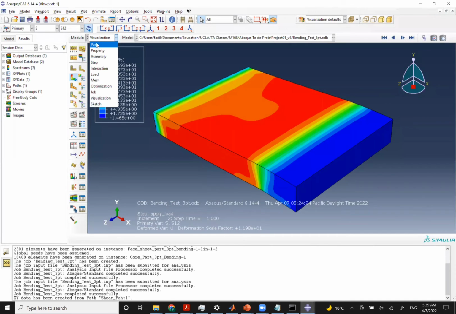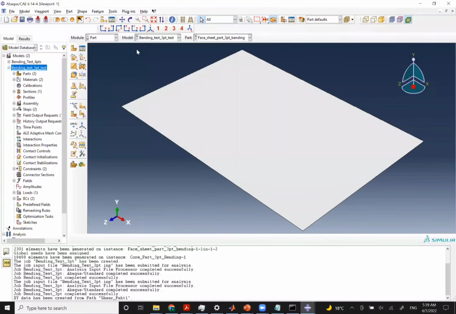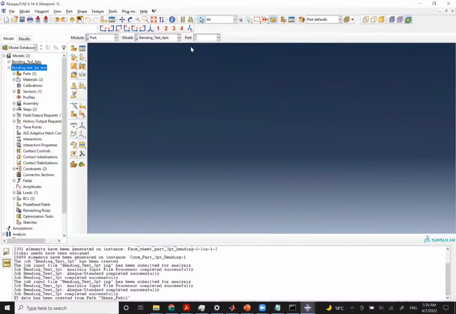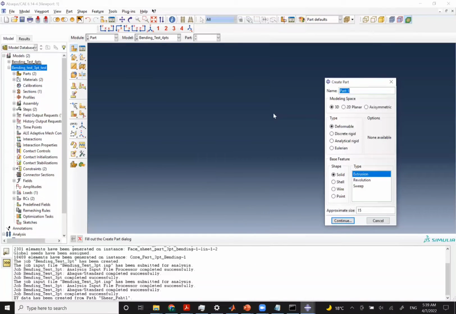So to do so, let's go to part, and from here you can change the model, sorry, from 3 to 4. And now we can create the parts again. We'll do it fast, and it'll be kind of a summary of what we did. So we'll start with the core